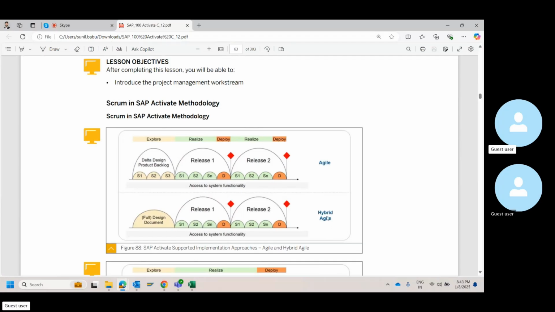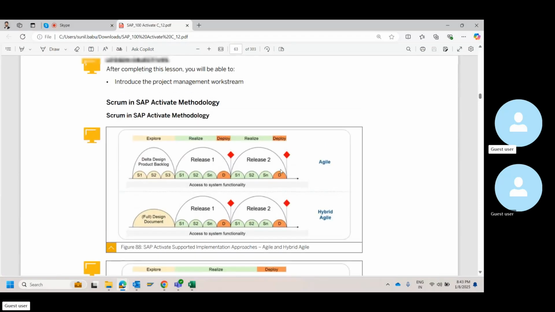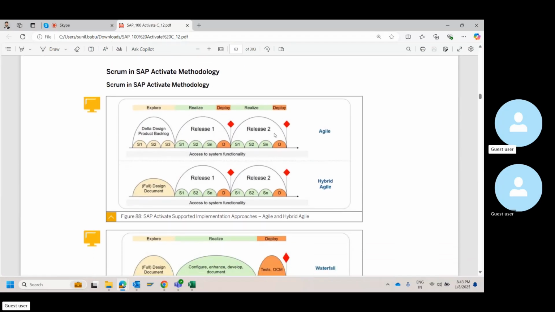By Agile, I mean it's not necessary that it's completely Agile. Only a few portions of an SAP project can be Agile. Others should be waterfall or hybrid many a times. This picture just explains that part. If you check the first thing, delta design, product backlog. The very reason why I spent so much time explaining those terminologies is that when I go through these books, you must be able to understand the terminologies listed here. If at any point you don't understand or want to recollect any one of the terminologies, feel free to stop me.